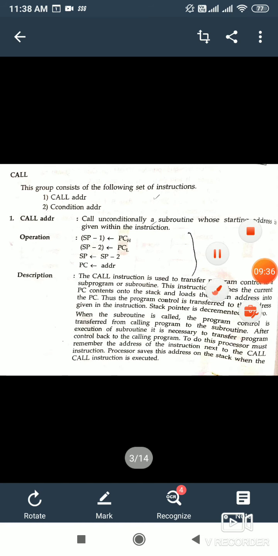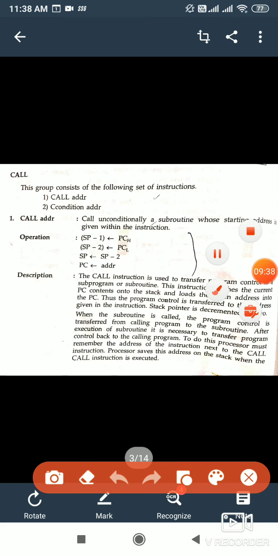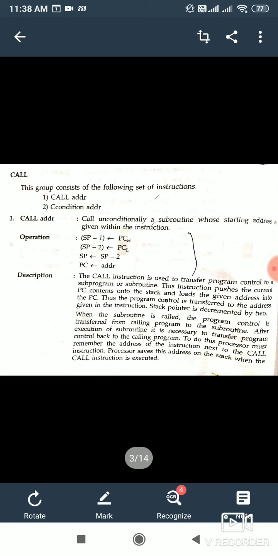The higher byte of the program counter is stored at the decremented content of the stack pointer, and the lower byte of the program counter is stored at the again decremented position of the stack pointer. So that is how we store the program counter address.